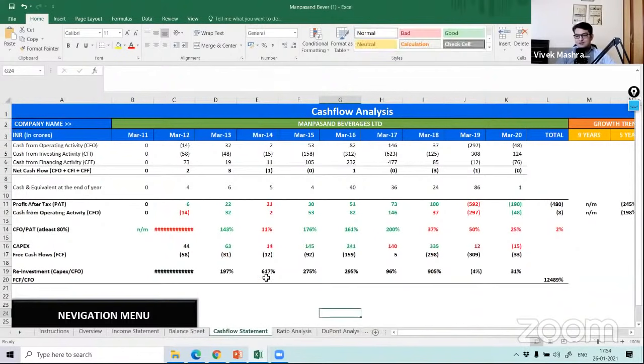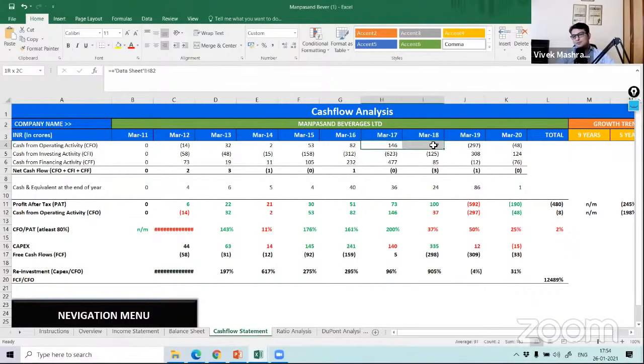Go to the cash flow statement and see if the business is generating cash flow. For this year, it is not generating. Even here it dipped. Why did it dip between 2017 and 18? That is the next why you should ask. Then the next why you should ask is, here 100 rupees they are getting, why is only 37 rupees getting converted from the profit? Why? So this will give you the clues, right?